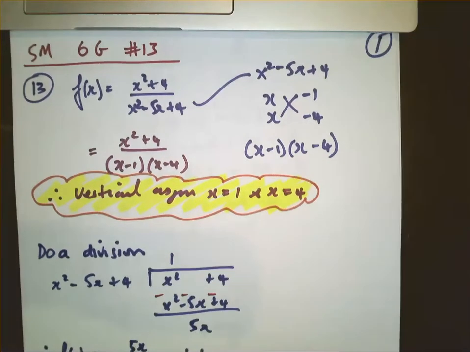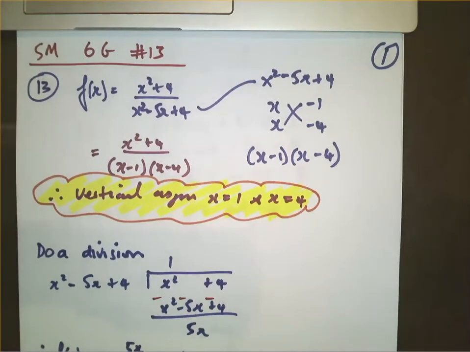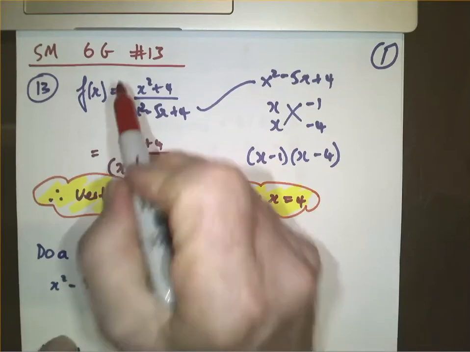This is for Year 12 Specialists. It comes out of Chapter 6, 6G, question number 13. And this is a very, very long-winded, difficult graph to draw by hand. But I'll show you what I've done. Okay, so we have this